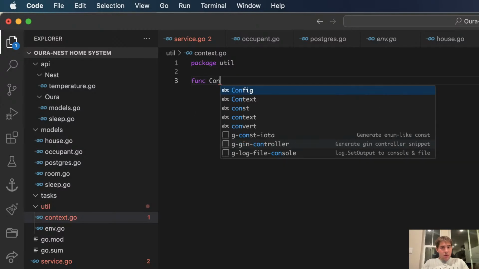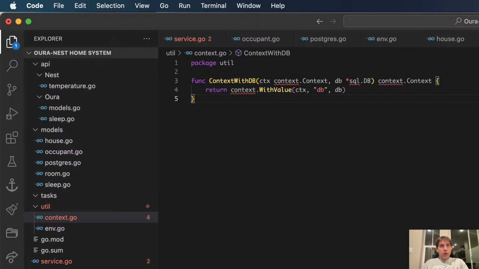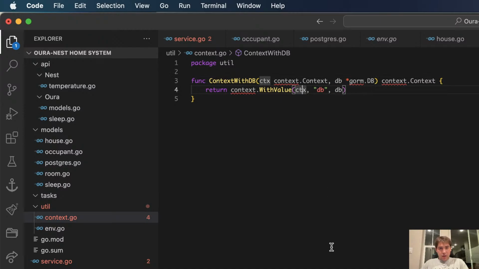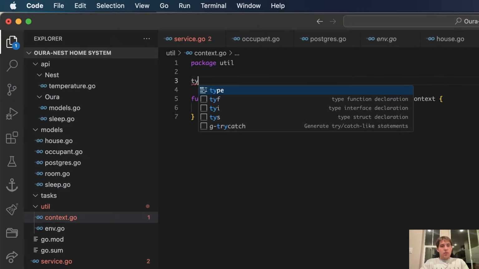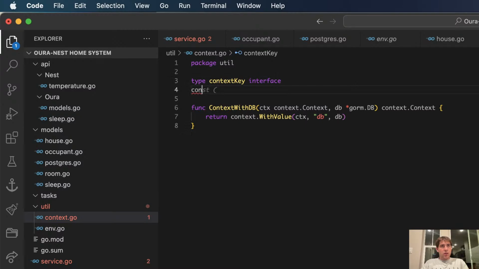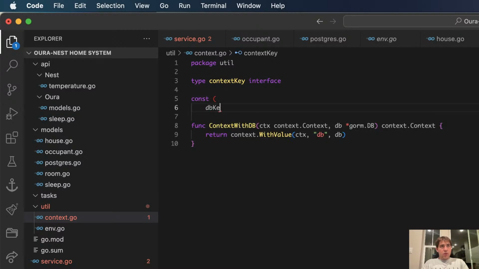Func context with key, context, and then this is going to be gorm.DB context, return context with value. Let's do set type context key int. And let's do const db key. Something like this, context key.